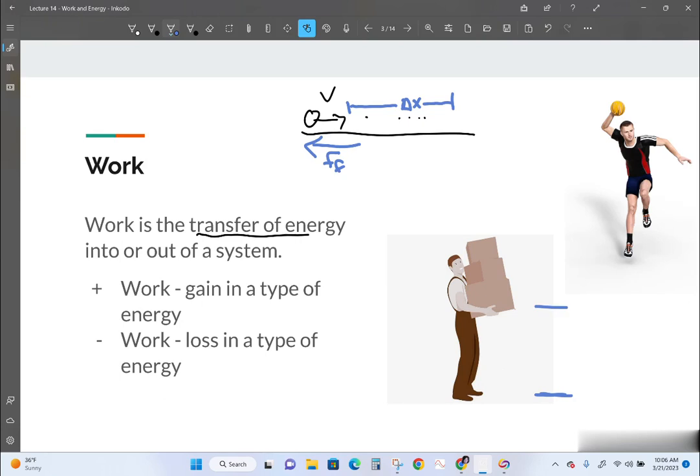But you're giving it some kind of energy, because if you let go of it, it will fall. And that is potential energy. Maybe you do work lifting something and you give it potential or stored energy due to its height, or its change in height above the floor. So we're going to be talking about these different types of energies.